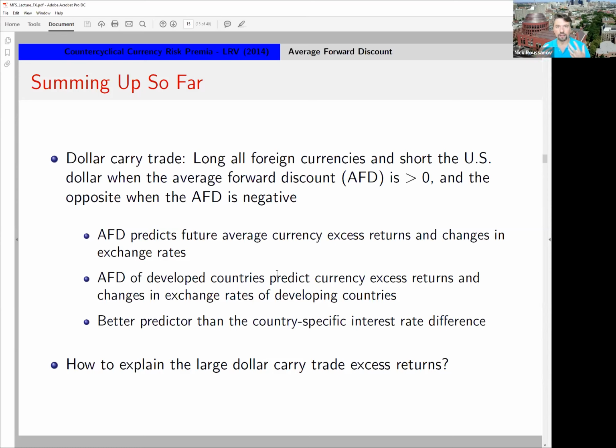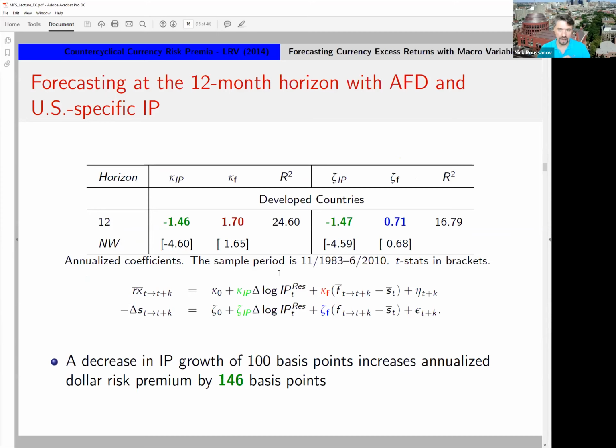But it's also in itself kind of puzzling, because most of our models in international finance are written in a way where it's the bilateral differences that matter. It's the differences between the two countries that matter. It's not the difference between one particular specific country, the US, and everybody else that matters. And this is what I'm going to lead towards, trying to understand what kind of models we need, what kind of models will and will not work. And there is lots of scope for research in this area.